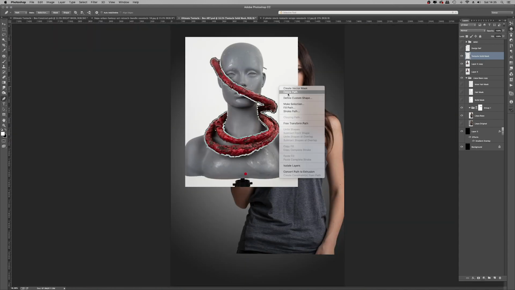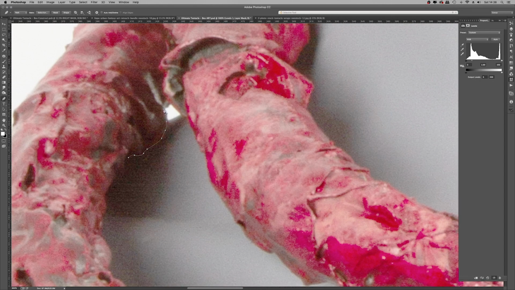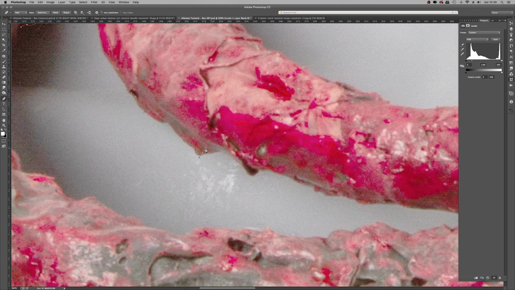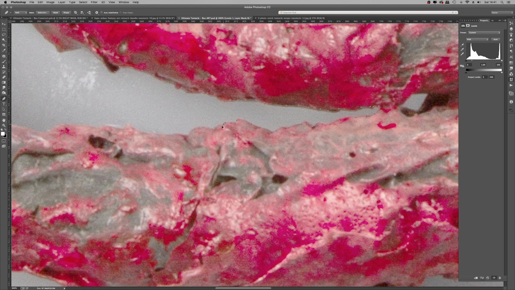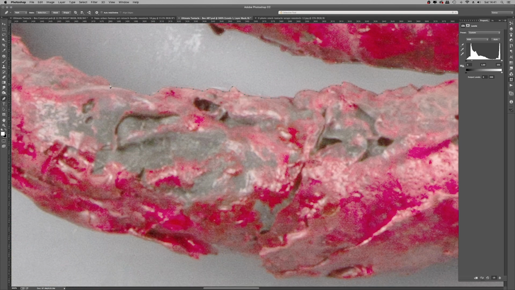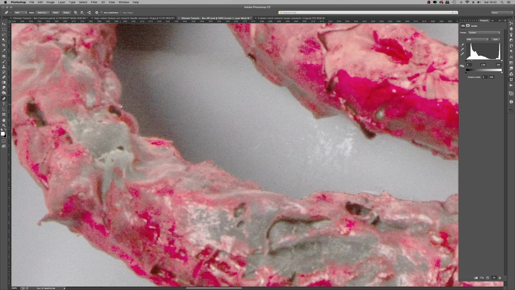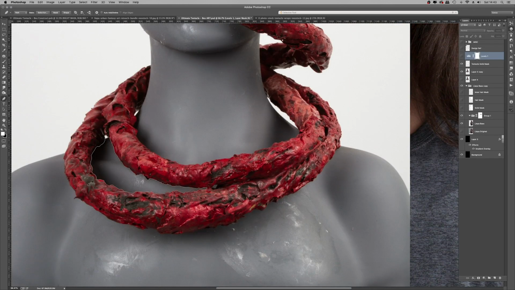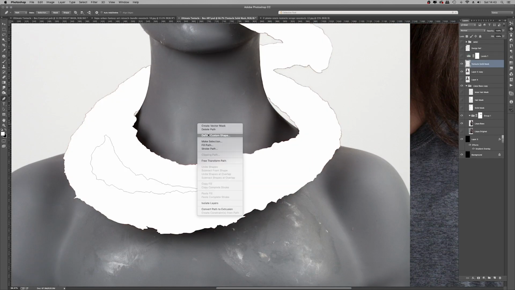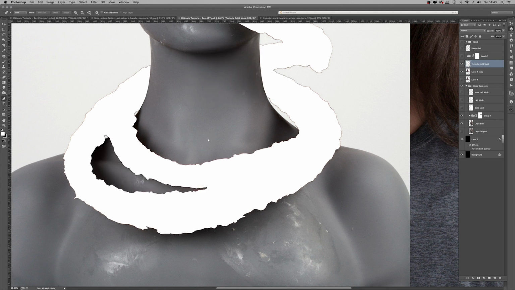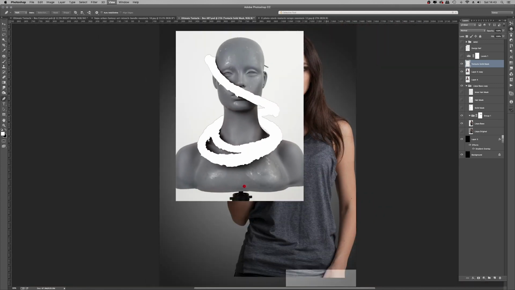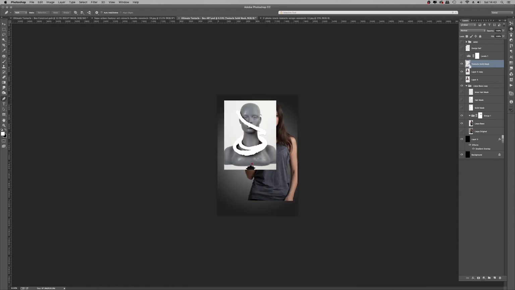Traveling along the tentacle, getting to the end, and then this is a tip that I'd like to give you. Anytime the stock image is too dark to see what's going on, just create a temporary levels adjustment layer above, and then you can turn it on and off to see the dark regions that you may not be able to see because they're too dark. So in this case, yep, I did create a mask layer, filled it with white based on the selection, and then Command and J that.